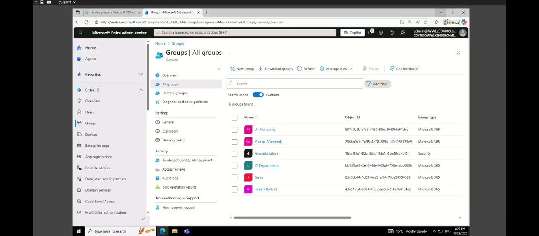Okay, so we are going to start with lab number 2. Prepare the environment for Microsoft Teams deployment. Let's first start with exercise number 1, which is manage guest access for Microsoft Teams. So let's go to the Entra Admin Center. We are already on the Entra Admin Center, and we'll go to users,